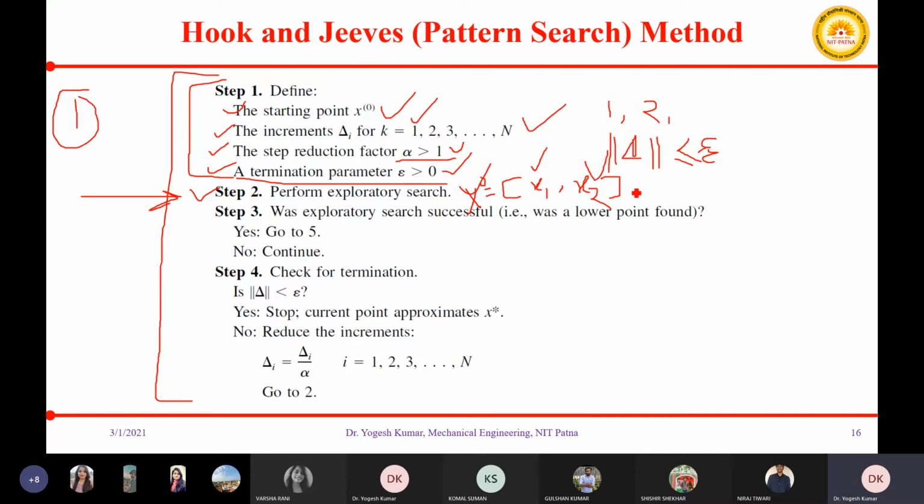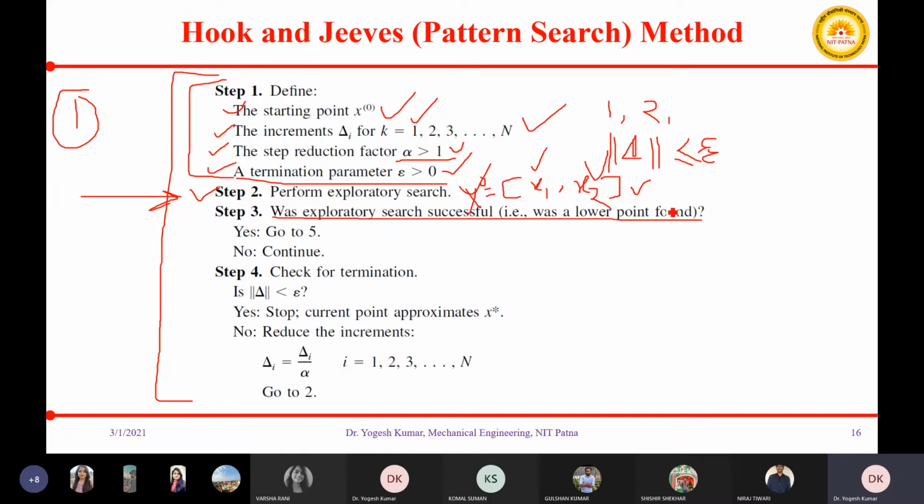Okay, so if in the exploratory search you are able to find, or your exploratory search is successful, it means you are able to get a point corresponding to a minimum value of your function. So in that case, you will say that your exploratory search is successful, and then you will move to the next step, that is step 3.